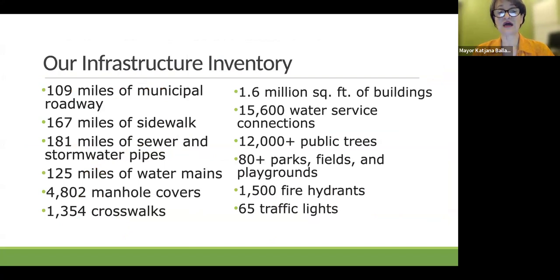And when I say we're focused on our infrastructure, this is what it includes. It includes 109 miles of municipal roadways. That's just city roads.